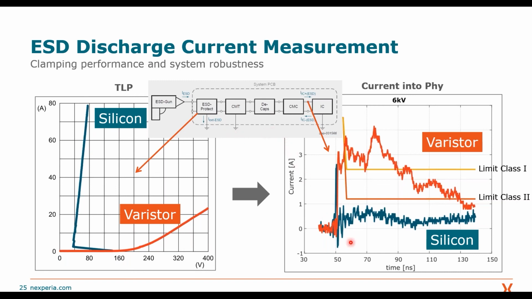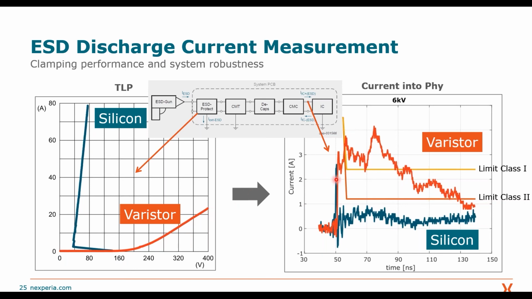And what we did here is we measured the currents flowing into the PHY, and for this ESD pulse of 6 kilovolts, we measured these currents, and you see clearly a difference. So when you look at the first few nanoseconds, there's probably no difference at all. But further in time, you see that the device with higher clamping voltage